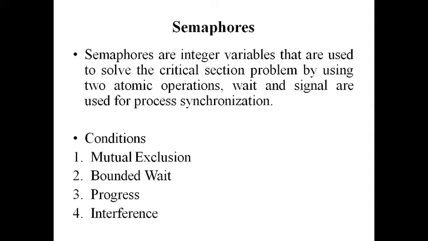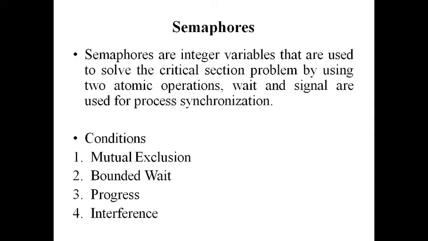Semaphore is nothing but a variable. Just a variable. It is not anything big. It can be A, it can be B or anything. But generally, while writing the code, we refer to it as S because semaphore starts with S. So always the integer variable is taken as S.